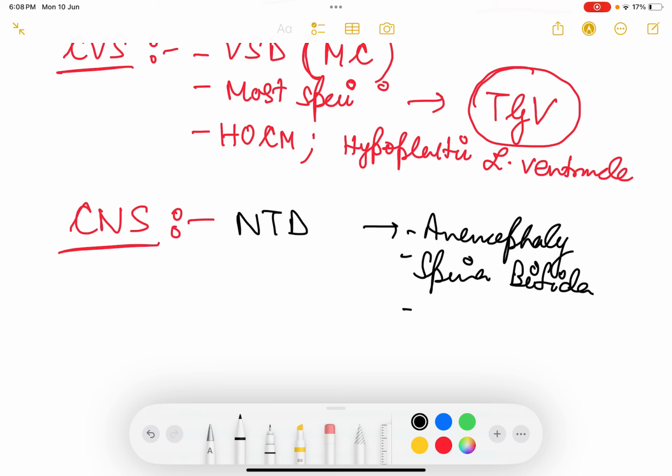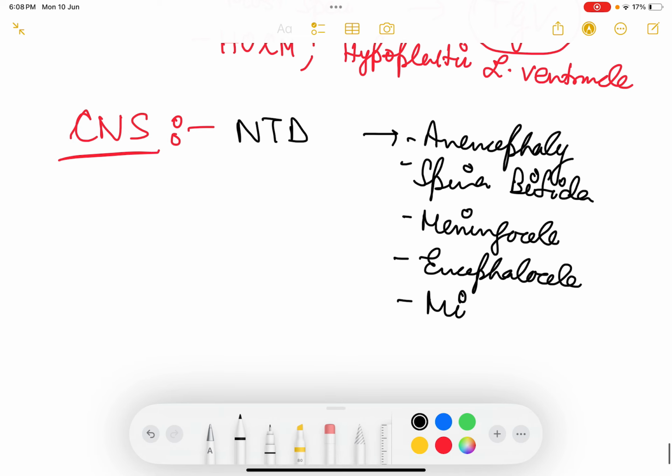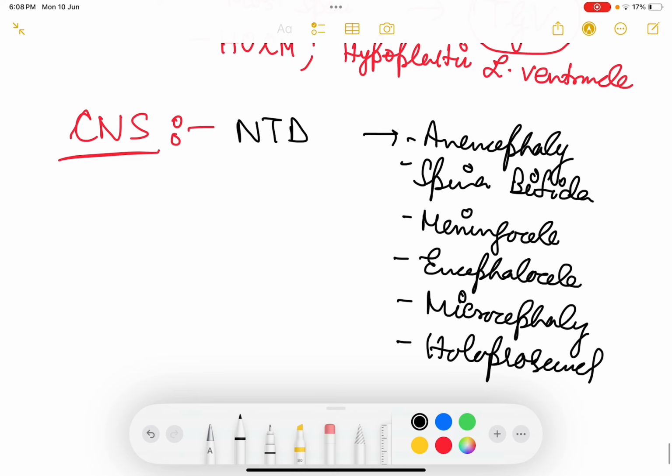Then there can be meningocele, encephalocele. Okay, so these are the abnormalities which can be there. There can be microcephaly, that is the head is very small, or there can be holoprosencephaly. Okay, so these are some of the abnormalities,